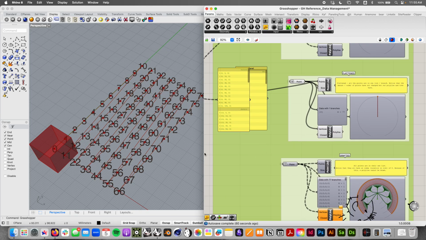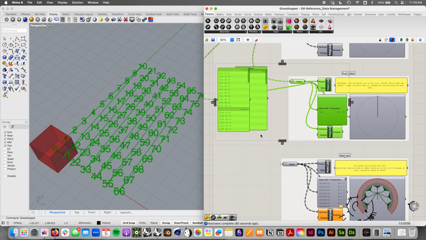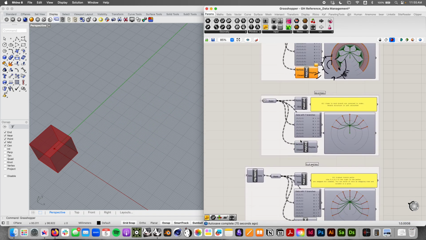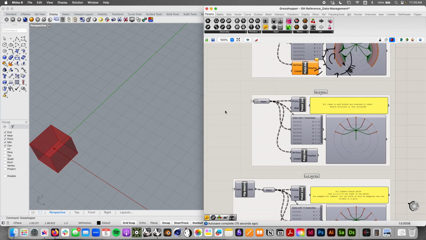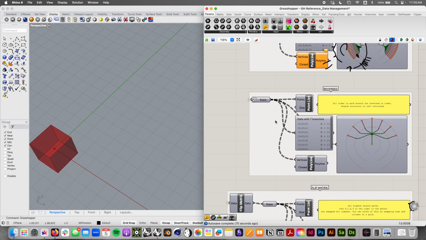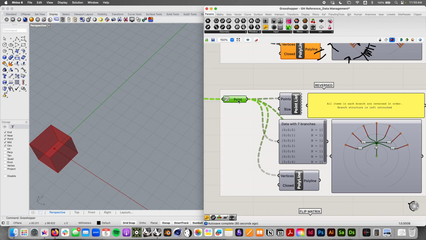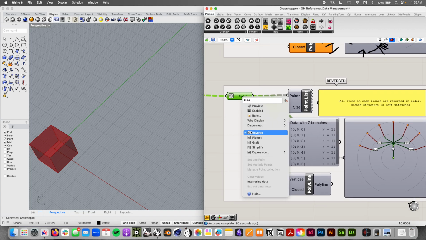So that's what's going on when we flatten or graft stuff. We're either putting it on one big list or we're splitting it into smaller chunks. The reverse operation does exactly what it sounds like. So if we right click on our points and check this option here where it says reverse,